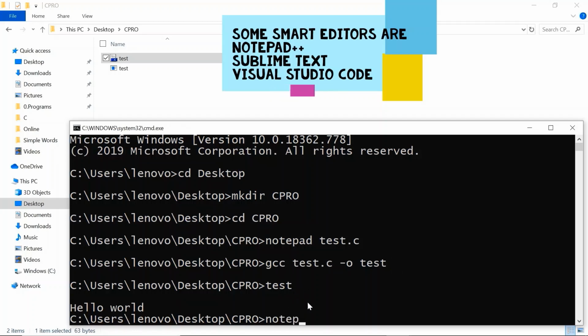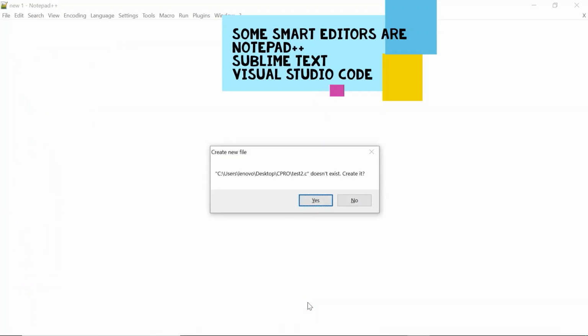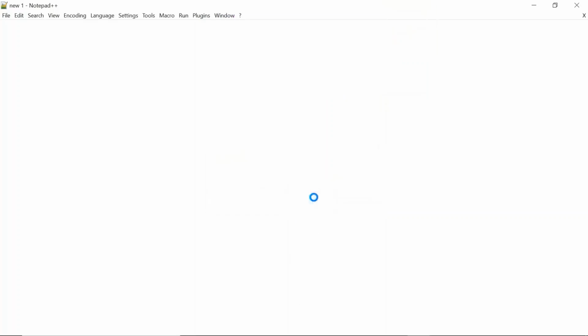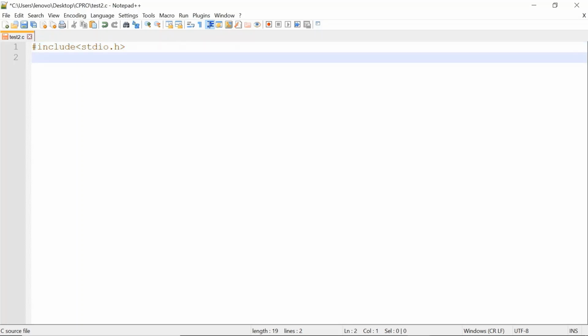So let us create one more program using Notepad++, test2.c. Now you can see another file, test2.c, is opened in the Notepad++ editor, which I have installed.